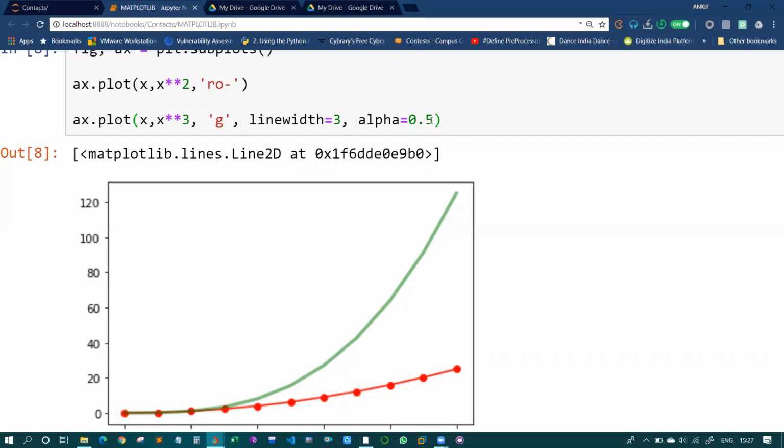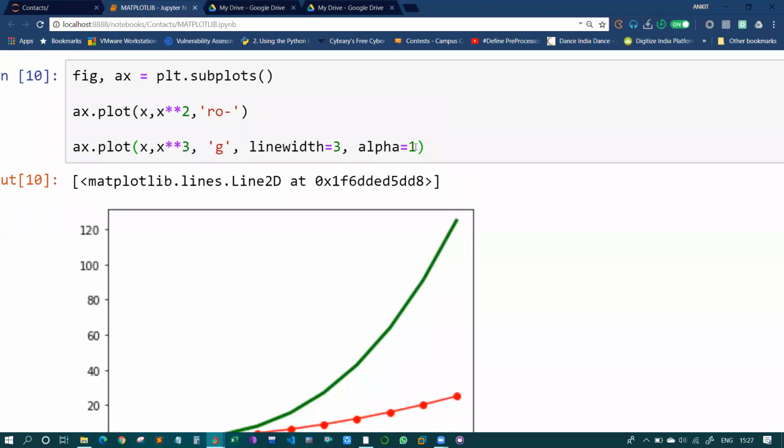Okay, so if I make it 0, I think it will be fully invisible, fully transparent. So 0 means fully transparent, and 1 will be vice versa of it. Okay, so for the time being, let's make it 0.5. Anything between 0 to 1. Okay, keep its value between 0 to 1.